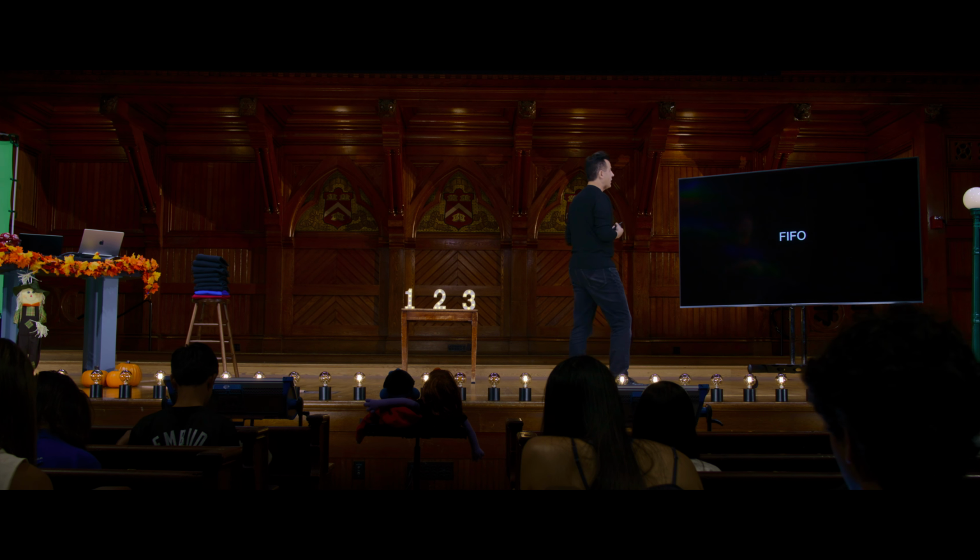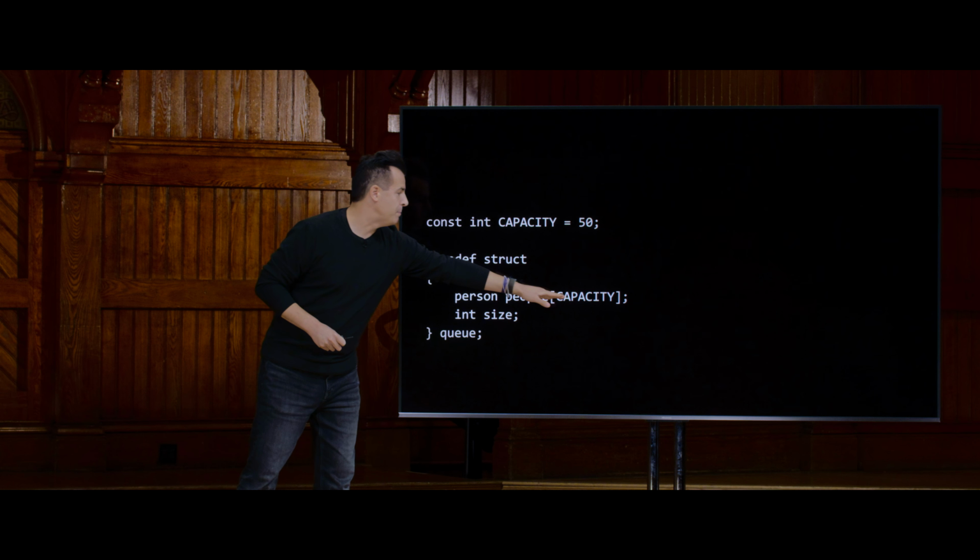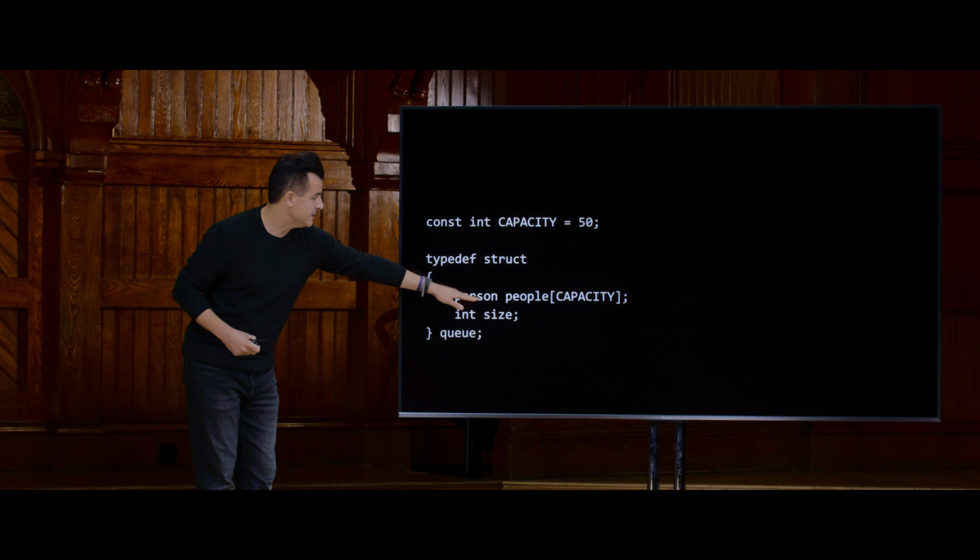And by that I mean this. Here is one way that we could go about implementing in C code a queue for a bunch of people or persons who want to line up for something. So for instance, we'll decree that this queue can hold no more than 50 people, like that's the physical capacity. And then we define a structure, which we've done a couple of times in the past, whereby this structure has not only an array of persons that we'll call people, and that will be as big as is the capacity. So this is an array of size 50 for 50 such persons.